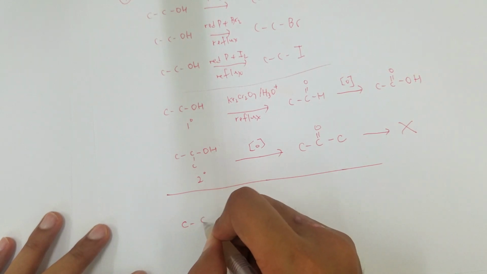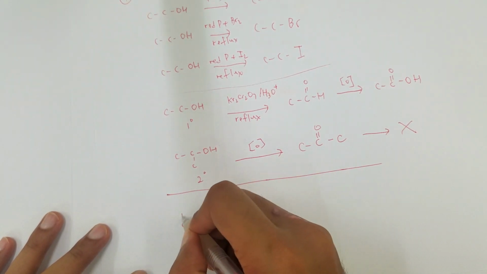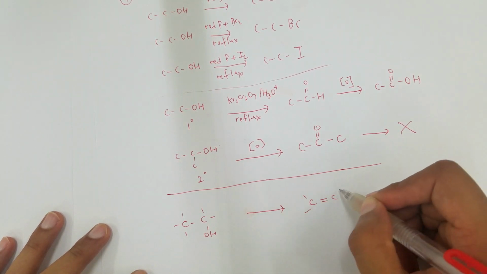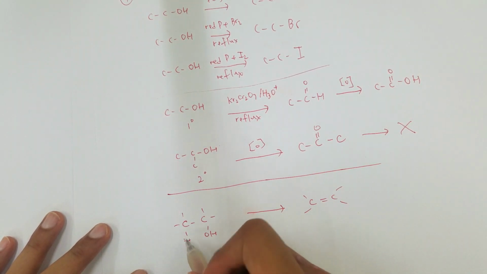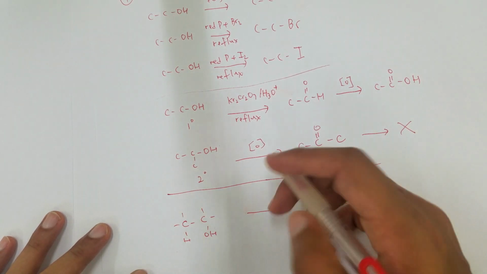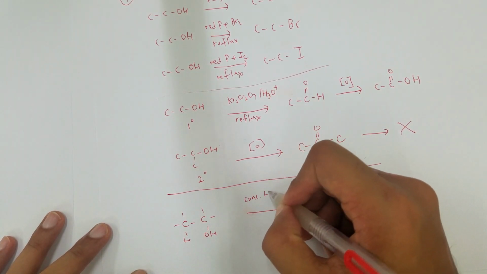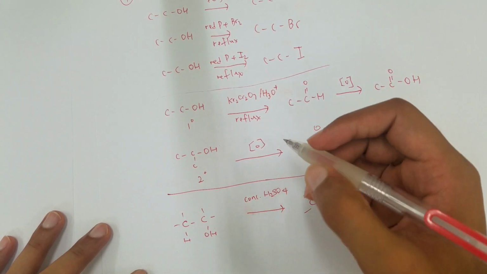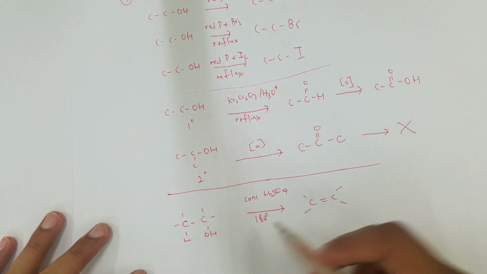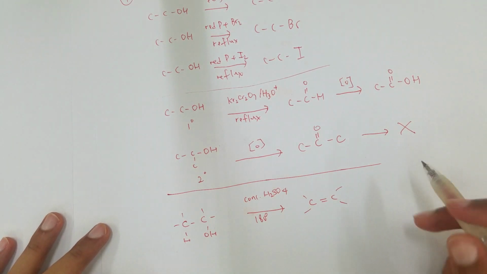If I have alcohol, for example, OH over here, I can actually form alkene directly. So I can get rid of H and OH, these two go away, and then it forms a bond. But I will need concentrated H2SO4 and 180 degrees or heat, so I can get this one. And finally,